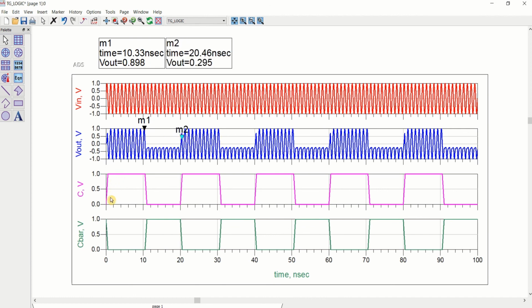Whenever the control signal is high, it is allowing the signal to pass through. After that, this state is a high impedance state. Like that, even if the frequency is changing, based on the control input, you will be having the output. This is the simulation of transmission logic.